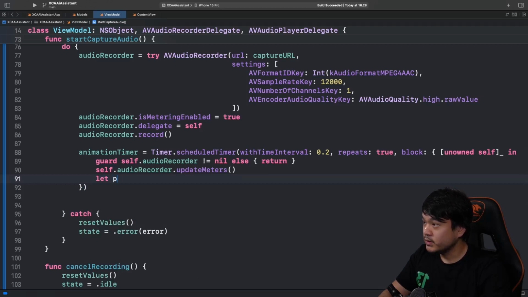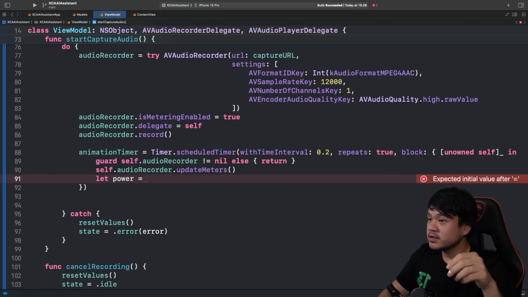So here we need to get the power, so this is going to be a bit tricky, right? The value for the recording, as it gets louder, the minus value will get larger. Usually the range when we talk is going to be between minus 30 to minus 50, right? If the volume is getting lower, it's going to be around minus 10 to minus 25. So we need to basically normalize this to a value between 0 and 1, which can be used for the SiriWaveView. Okay, so just bear with me on this.